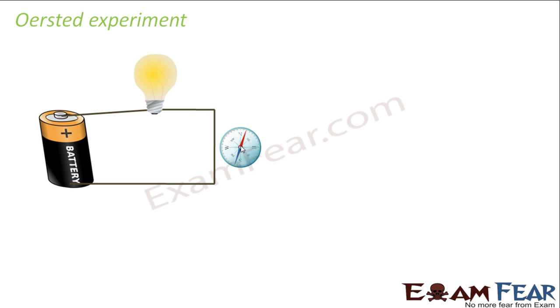Then he extended his experiment a bit. He took the magnetic needle away from the wire, and he saw that the deflection reduced. Similarly, when he brought the needle closer and closer to the wire, the deflection increased. So he found out a relation. With his observations and results, he concluded something. He observed that the needle is not deflecting randomly. There is a particular pattern of deflection of the needle.